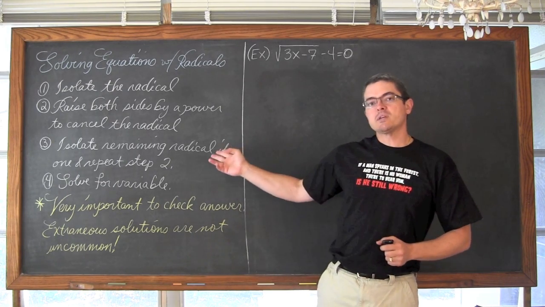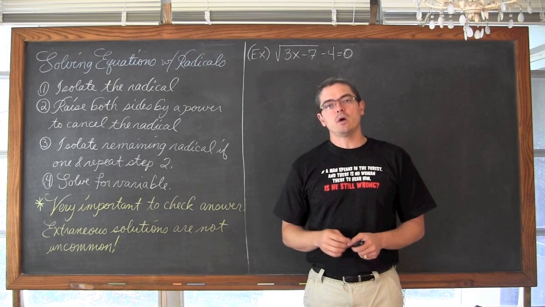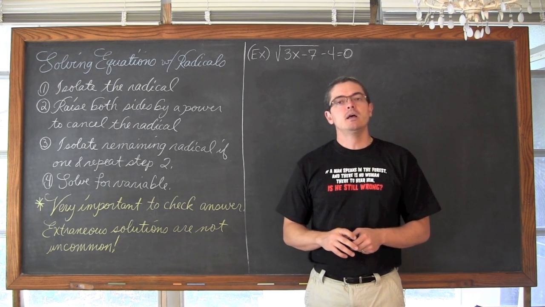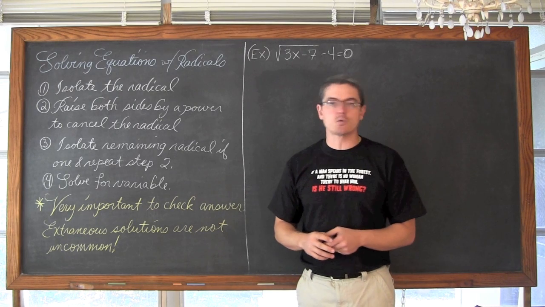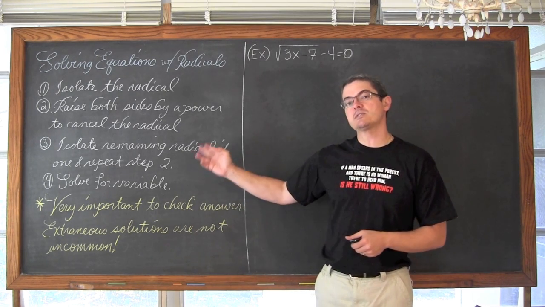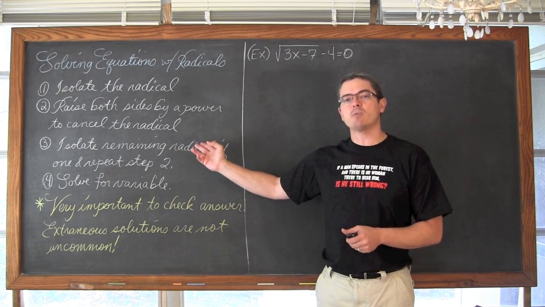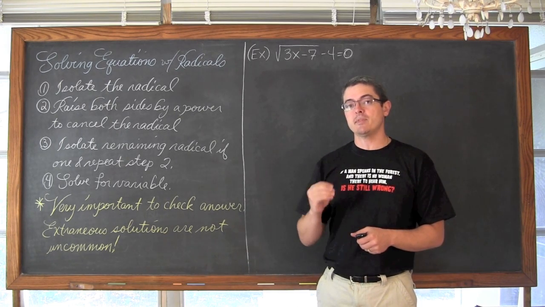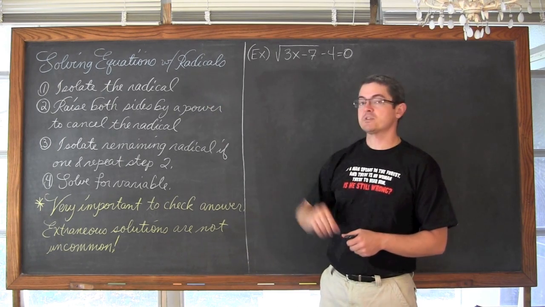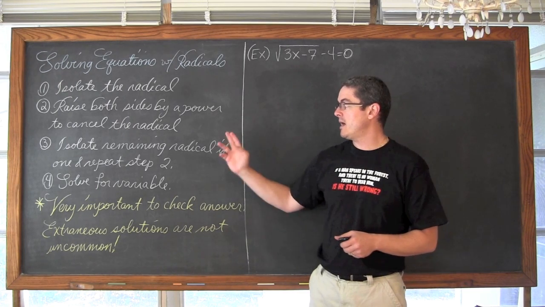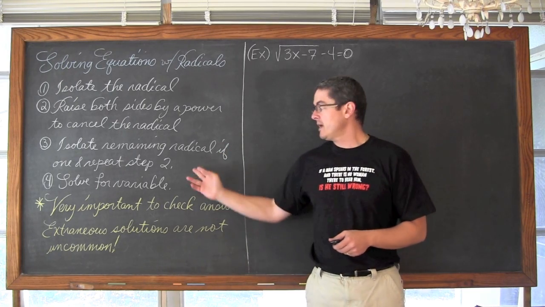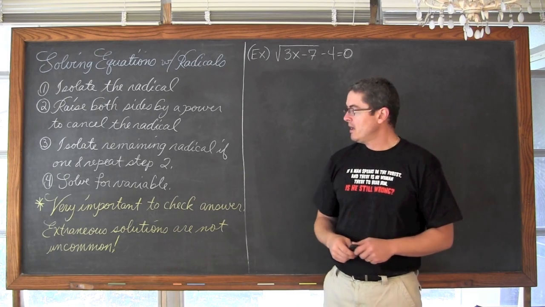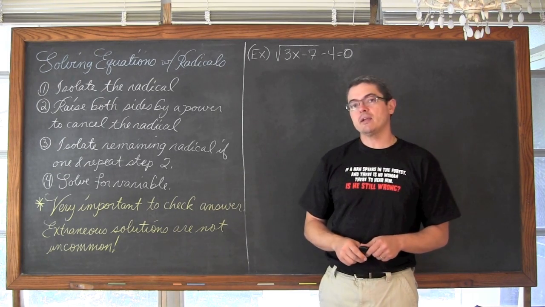Now, we will sometimes get equations that have more than one radical sign, and in an Algebra 2 or pre-calculus class, that is probably going to just be dealing with square roots. So you're going to want to isolate that remaining radical, probably a square root, if you had 2 in your original equation. Most of the time, they will not both go away from step 1. So again, isolate that remaining radical, and then again, raise both sides by a power that is going to cancel that out.